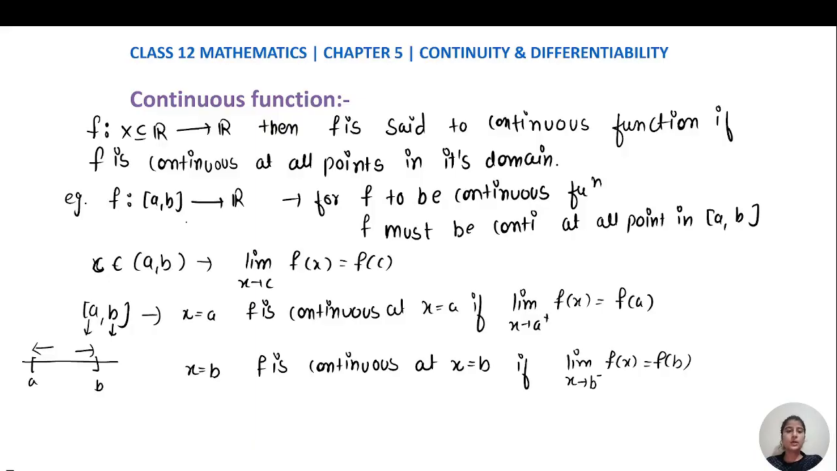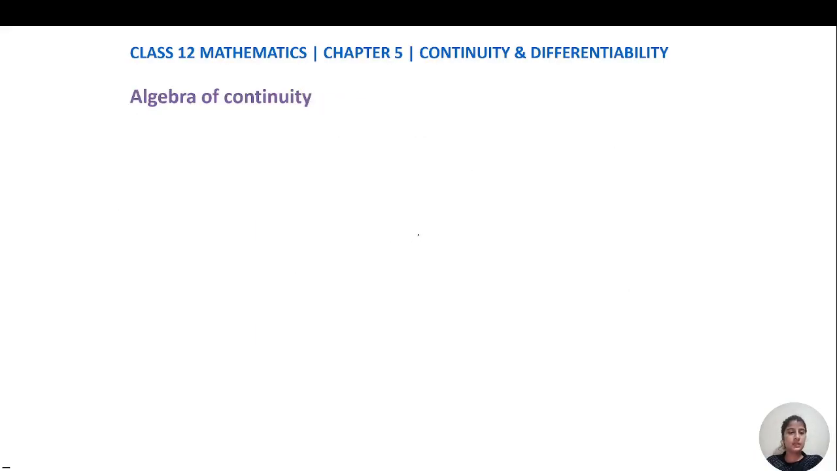Now, first we will do the algebra of continuity, then we will see the graphical intuition of continuity. Okay, now what is algebra of continuity? It is very important for us to know the algebra of continuity, because if we know continuity for some particular functions, then we can find it for another function also. Suppose f and g are two functions and they are continuous at say x equals a, then